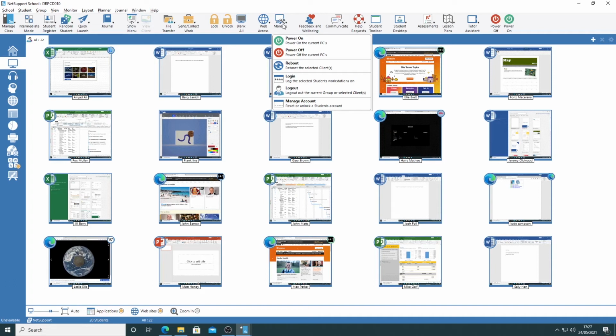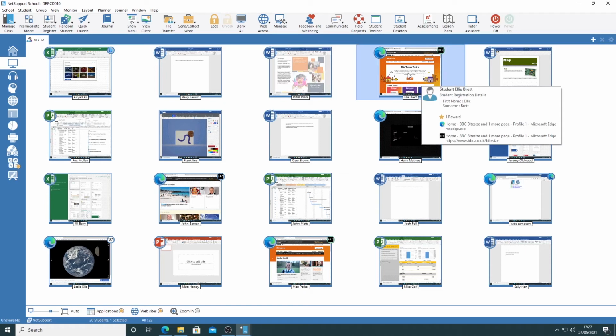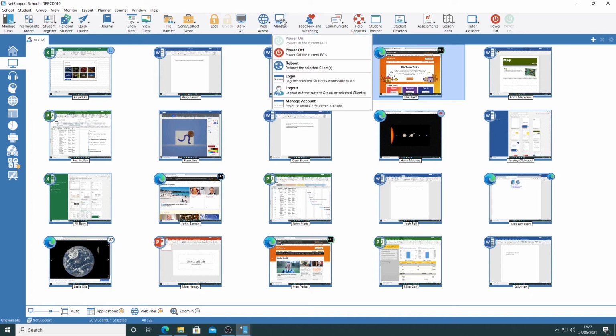So the first thing I want to do in this little demonstration is to go to logout, and you can either make it a group or selected students, and if you've got nobody selected, when you do the logout option, it will then log everybody out. So just to show on a granular level, let's say Ellie has had to go for a dentist appointment, but she's forgotten to log out her machine. I've chosen Ellie. I can go to manage, I can go to logout,